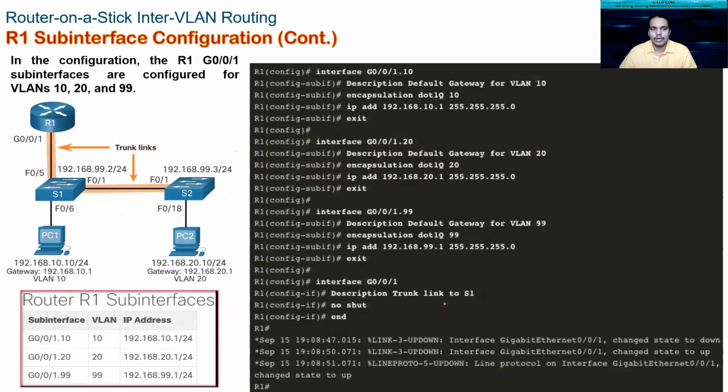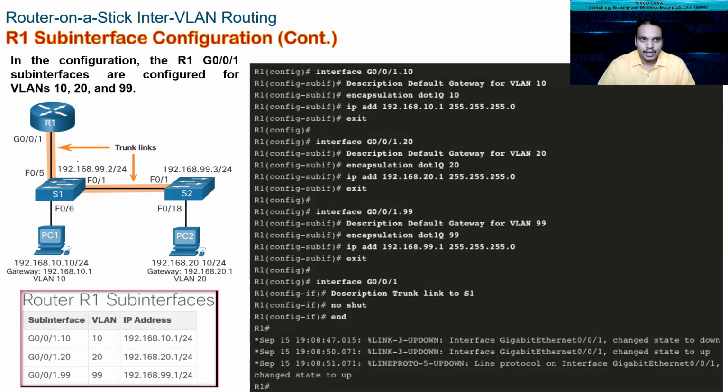Don't worry. Now, the same scenario. We did all the configuration on S1 and S2. Now, if you see here, this is the interface that I'm going to divide. So interface G0/0/1.10. This sub-interface ID corresponds to the VLAN that I am going to attach it to. So interface, then it is usually good practice to give a description. So the description is, it is the default gateway for VLAN 10.